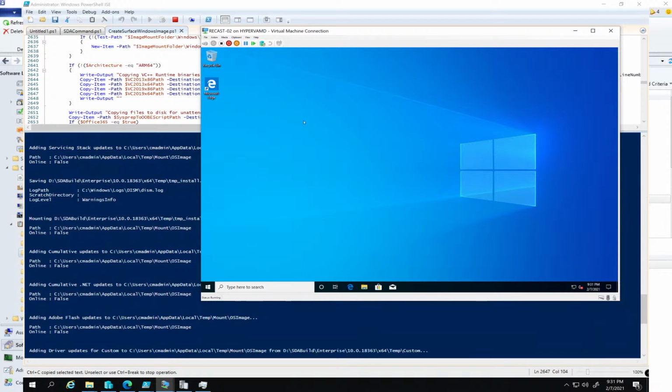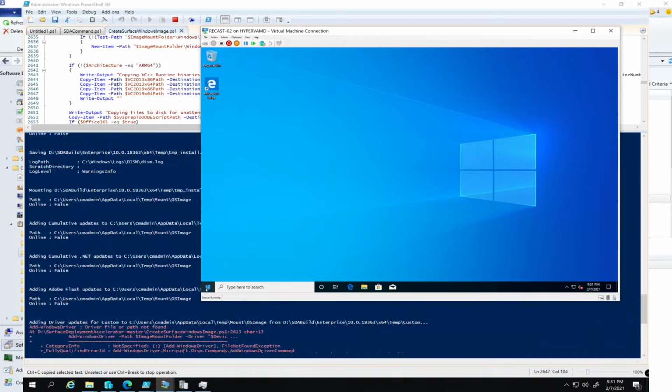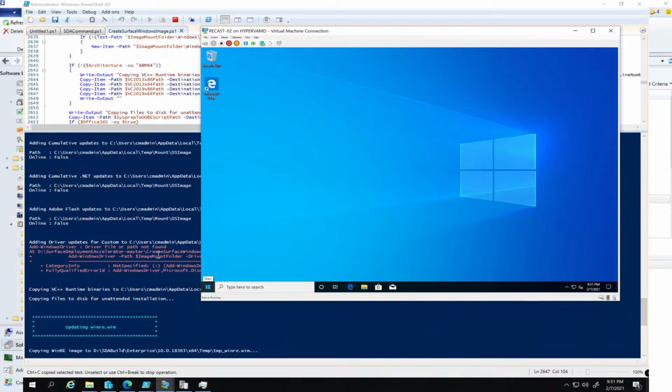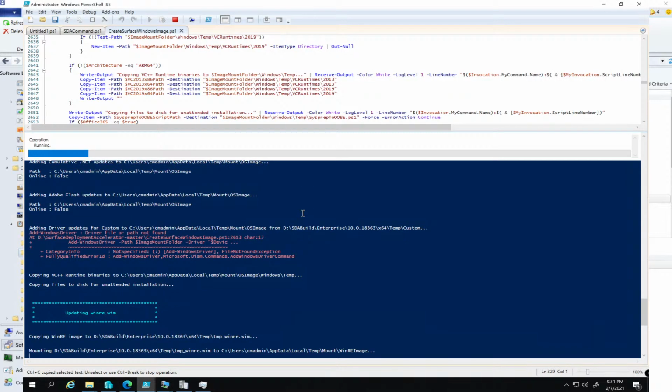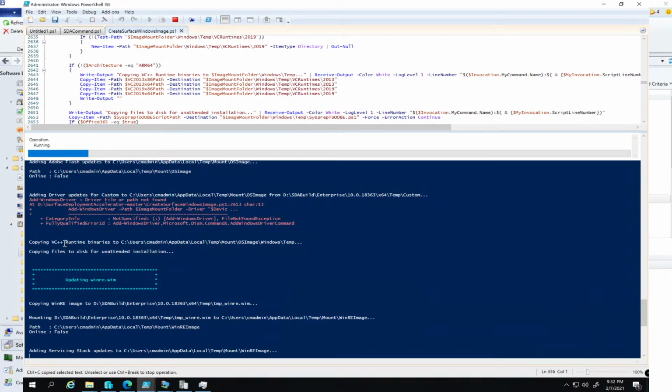Oh, there it has. All right, good. So I can be done with my story. Oh, hey, and look at that. Several things happened all at the same time. It finished installing that update. Here it failed installing drivers because, well, I didn't specify a Surface device, and I also don't need any drivers added because I just want a generic image. Here you can see too, it added the C++ runtimes to